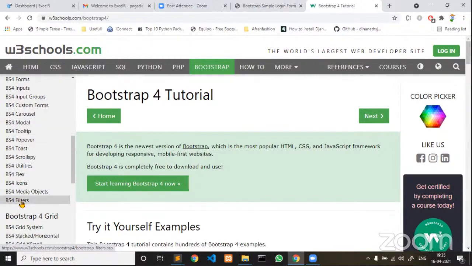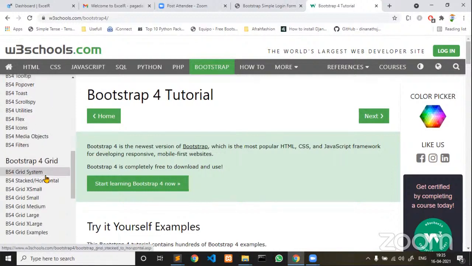Examples are everywhere, and you have to pick up those examples while creating a web page. Even any expert keeps following the documentation, utilizing the existing code and modifying it according to their requirements.